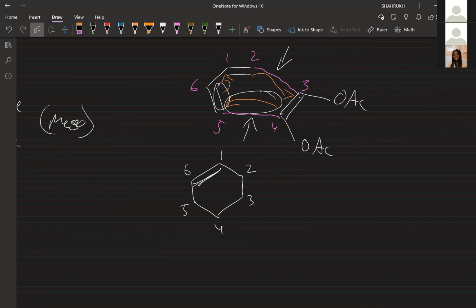Yeah, so I'll do this for all the examples. I'll just label the carbons because I feel like it's a lot easier when you label the carbons. Let me put this 3 and 4, right? And what was attached to 3 and 4? The OAc groups, right? And because they're on the same side, we expect them to be in the same direction. So in this case, we'll just put it on